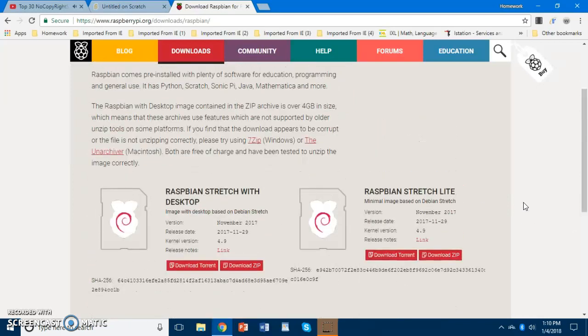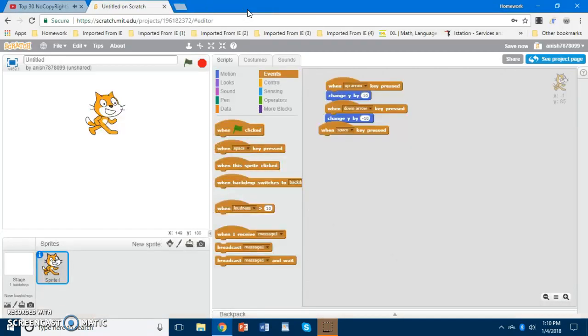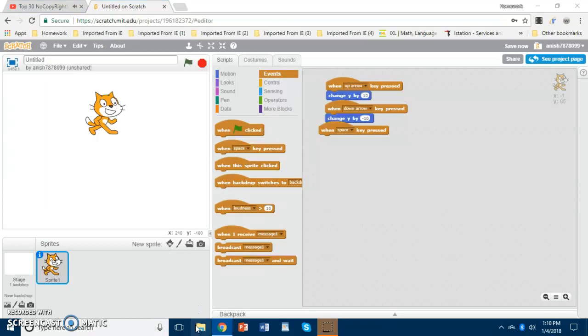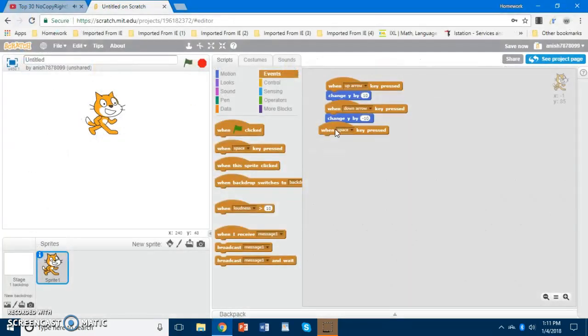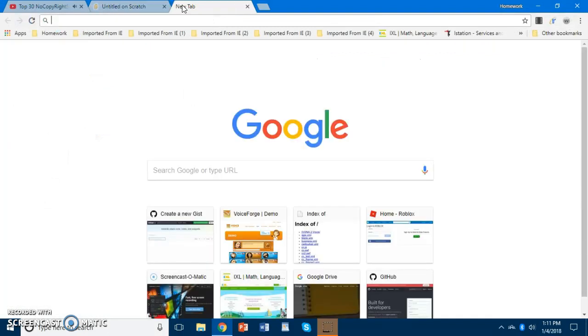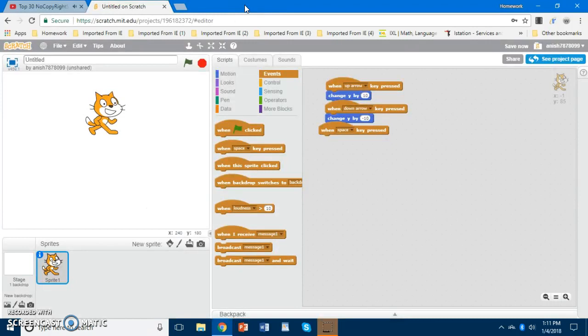Click on download zip. Make sure you have SD card formatter and Win32 disk imager, then you can burn it onto an SD card. Make sure to extract the zip file. To extract it, if you're on Windows, right click. I will show you in the next video. Okay, then